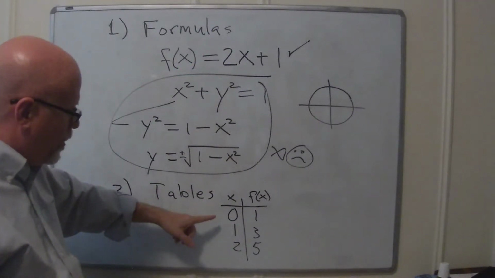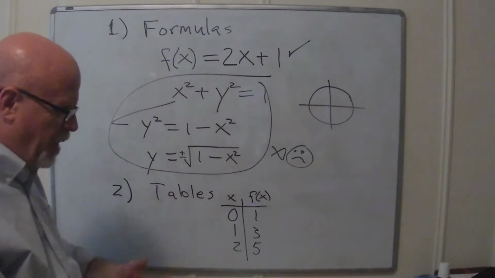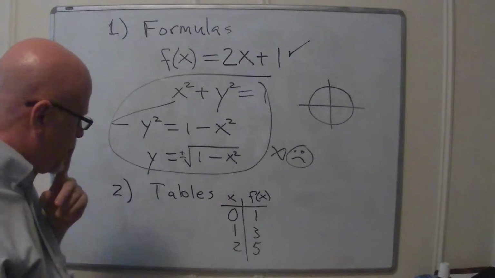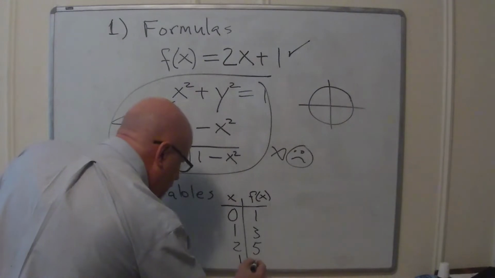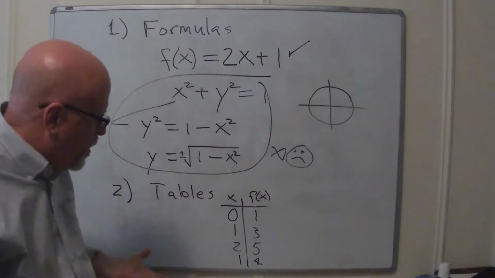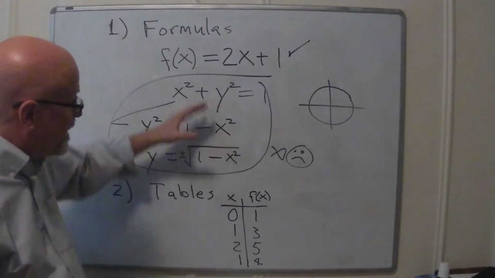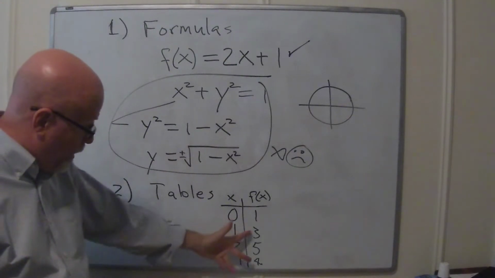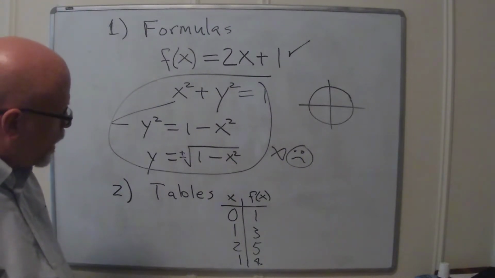But what about a table could possibly happen where you would introduce that unreliability, that sort of thing where it's not consistent? It would be something like this. I've got 1 is being sent to 3. What if later down in the table I said, no, 1's going to go to 4? You know, that's a weird thing to do, and so I'm hoping you're looking at that and going, well, just don't do that. But if instead of thinking about the formula producing the table, I just had the table, and I looked at it and I had a pair of 1s that went to different places, I'd be, well, that's messed up.